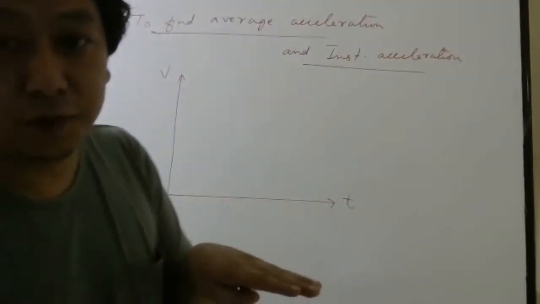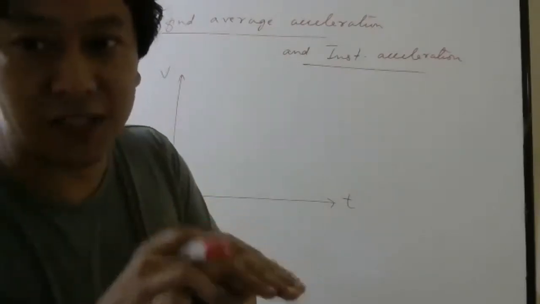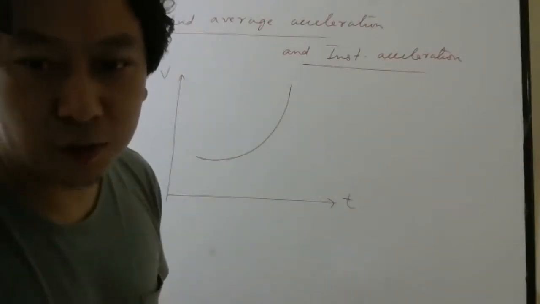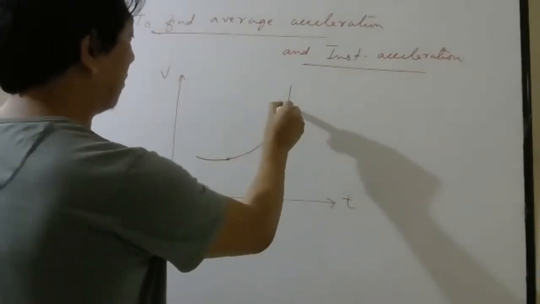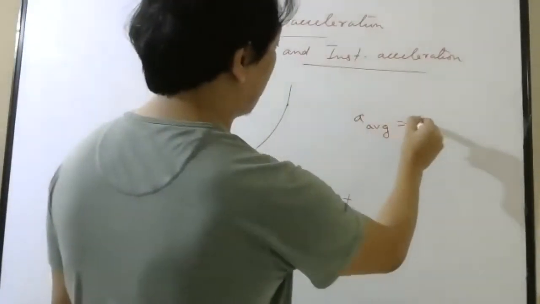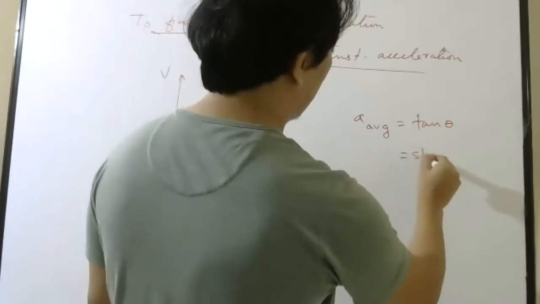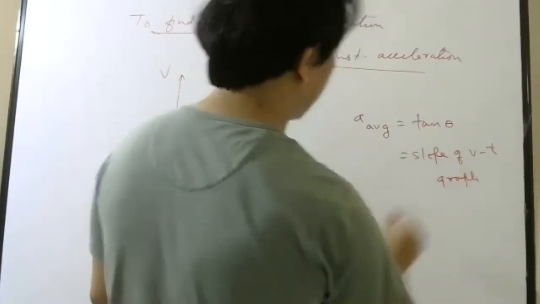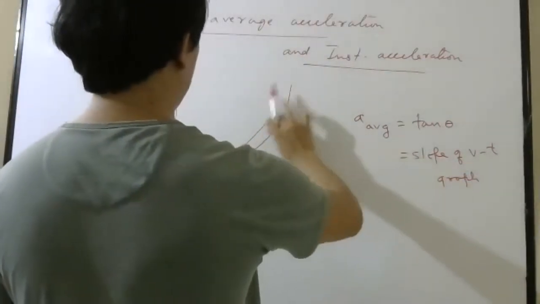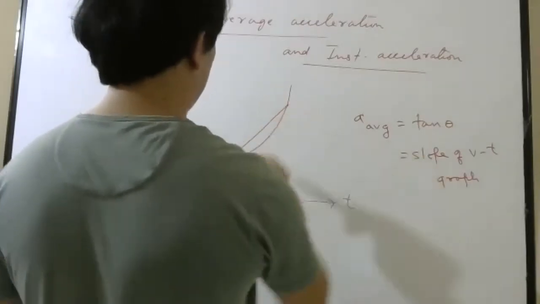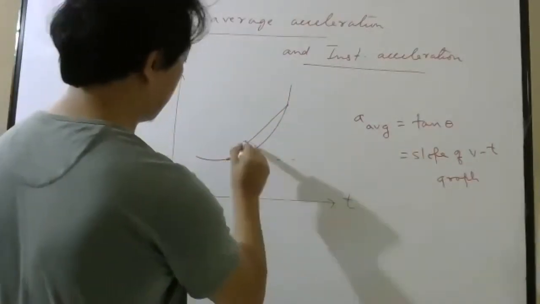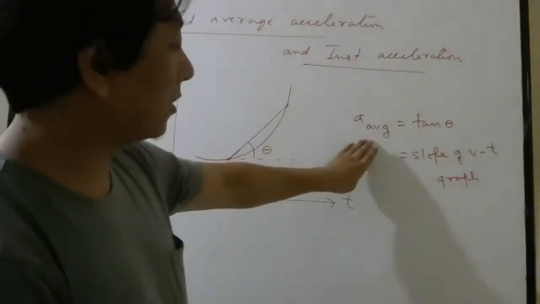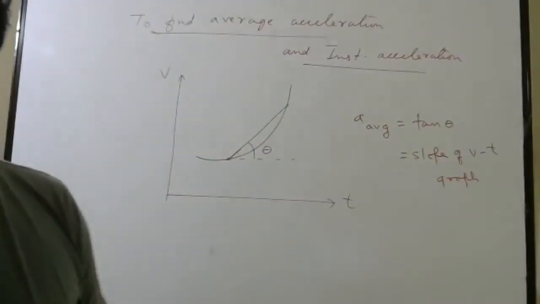So now it is not enough to know where it is. You should know how fast it is moving also. So if a velocity time graph is given something like this, then you do the same thing. Take 2 points if they want average acceleration. So average acceleration will be tan theta, which is the slope of the VT graph. You draw a line between A and B, measure this theta, then that tan theta will give you the slope. So acceleration is the slope of the VT graph, velocity time graph.